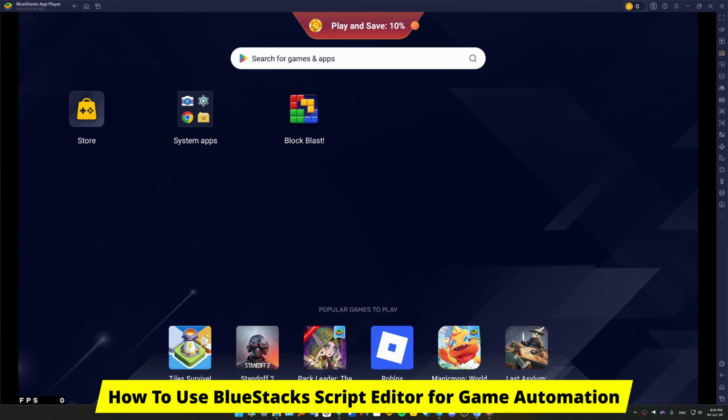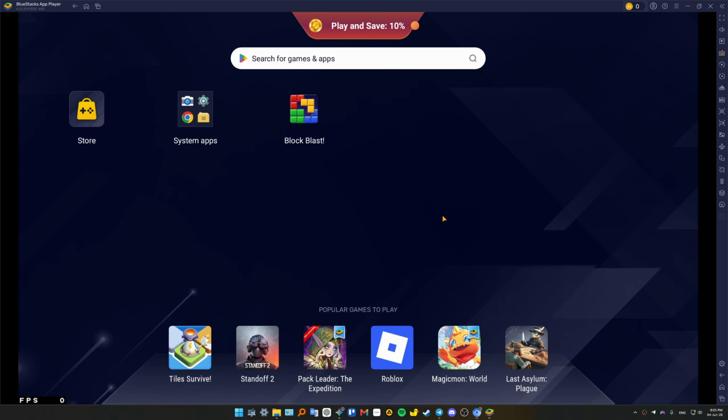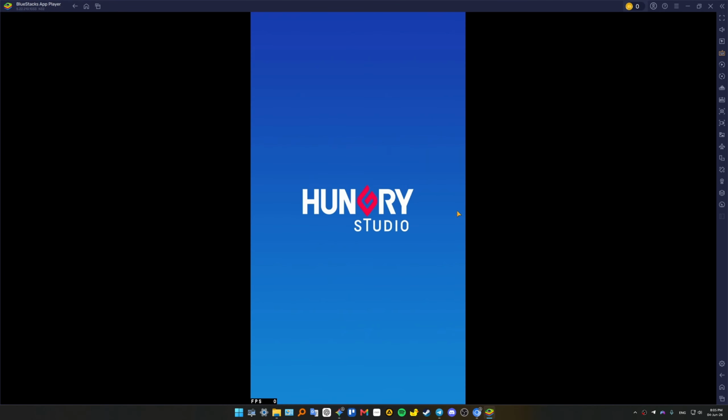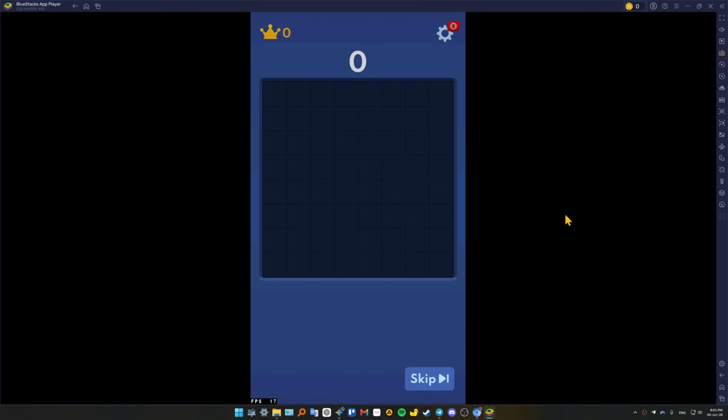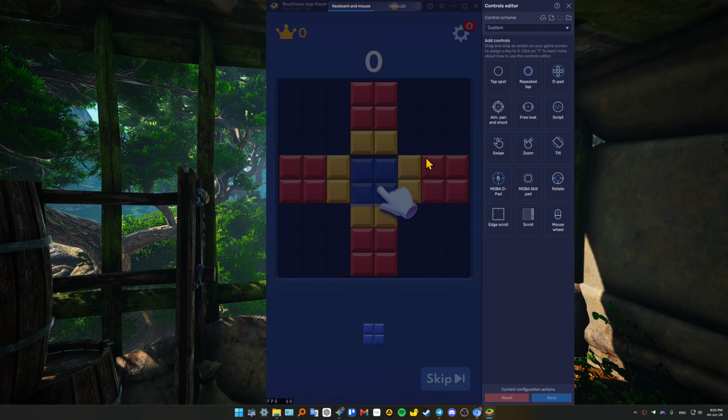In this one I'm showing you how to use BlueStacks script editor for game automation. So launch your target game fast. I'll just use Block Blast. And then guys, when you're in the game, just toggle Control Shift A, like this, to enter this screen with the game automations. Okay, and look at the right hand actions drawer layout and locate the script tool element,